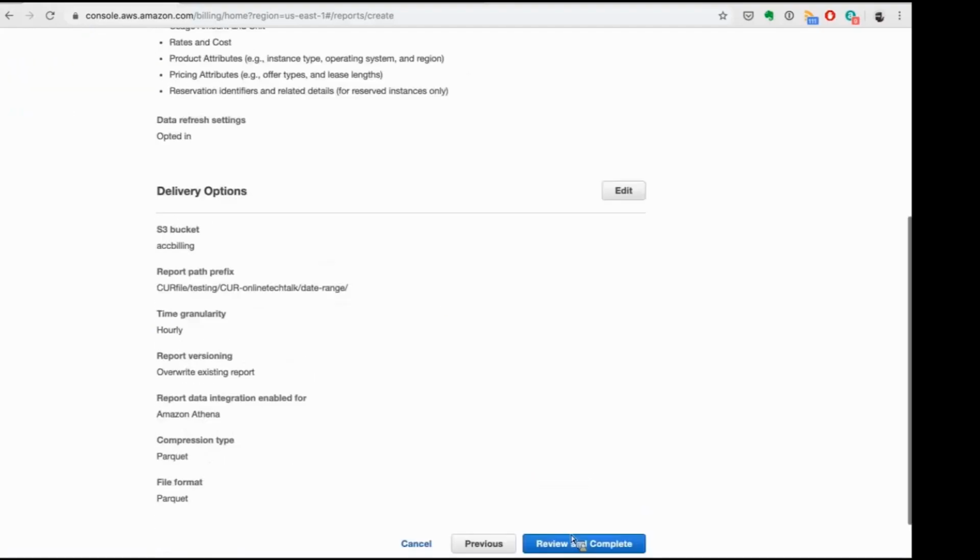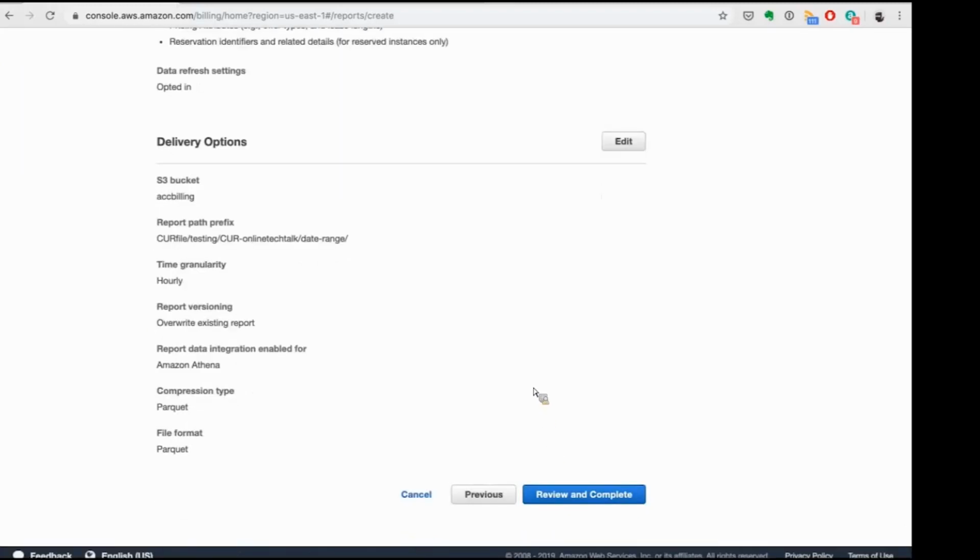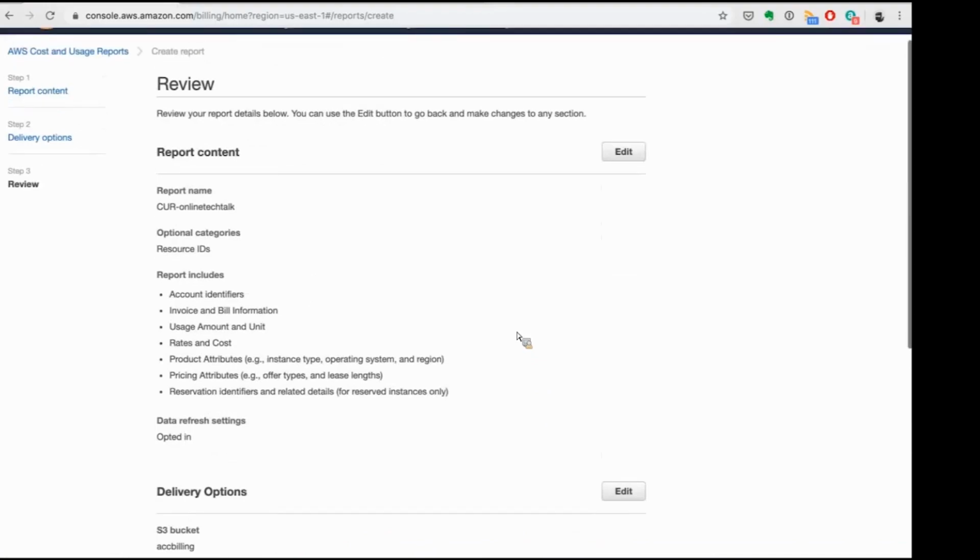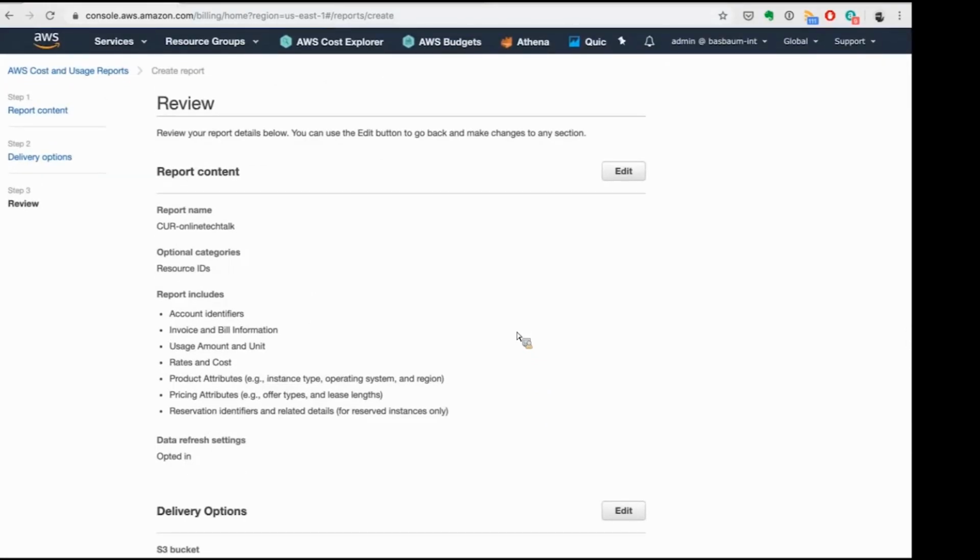Click next. So I'm not going to move along. I already have 2 files created, but you should be able to review and complete and create your curve file. If you're doing this for the first time, it takes around a day or so for you to have the file created. Don't worry, if you're creating now on October, what day is today, 24, this file will bring information